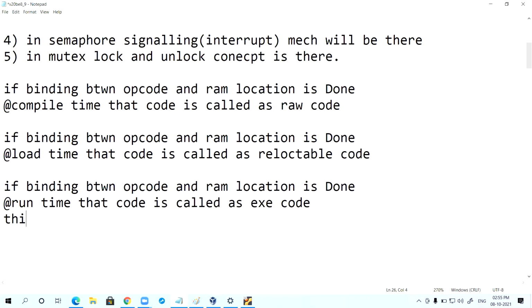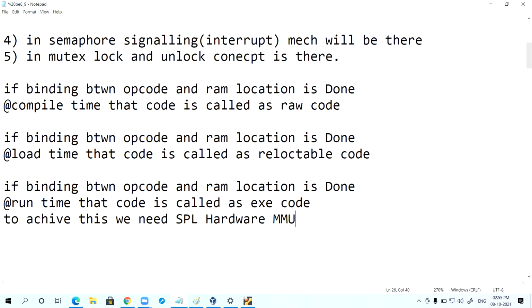To achieve this, we need special hardware, that is the MMU. Have you heard this? To achieve the dynamic runtime binding, we need a special hardware called the MMU, memory management unit.